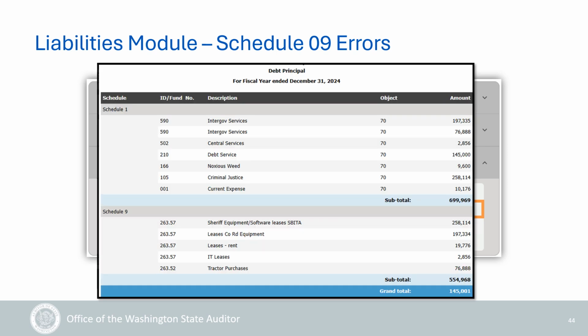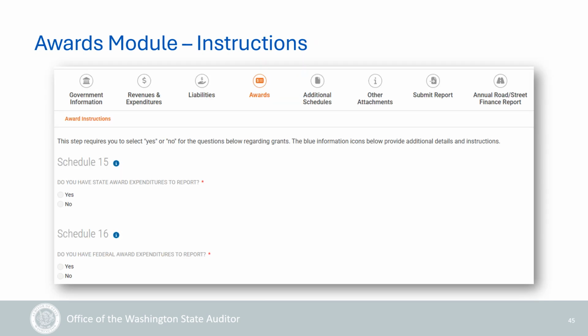This one compares the reductions reported on Schedule 09 to the debt principal payments reported on Schedule 01 using object code 70. Then it will display the variance at the bottom. In this case, you'll want to review this report to evaluate if it was an error on the Schedule 09 or Schedule 01. Now let's move on to the next module, which is for reporting activity related to state and